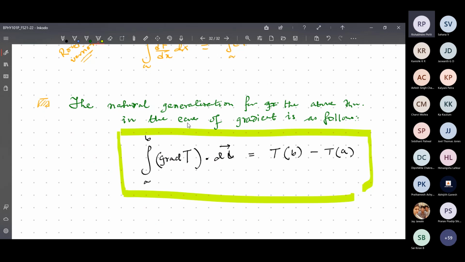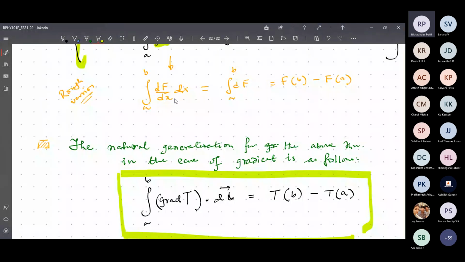If you just put it side by side, that is why I have written it in this format. Can you see this, sir? At least you immediately see this format when you are talking about the gradient. Gradient, you immediately bring it down to one dimension. In one dimension, it will be nothing but dT/dx into i cap, and the position vector L is nothing but x i cap. So if you make a dot product, you are getting this. Are you getting it?